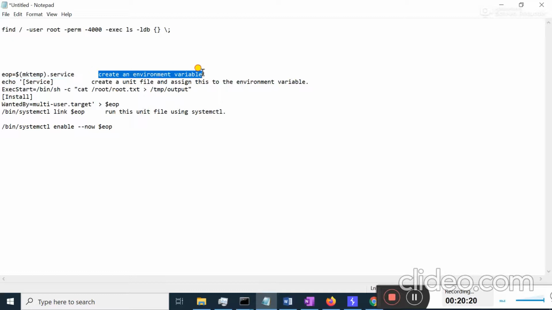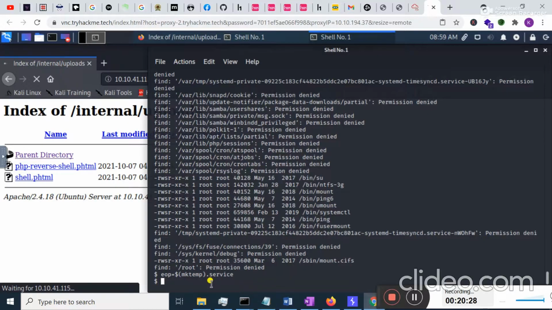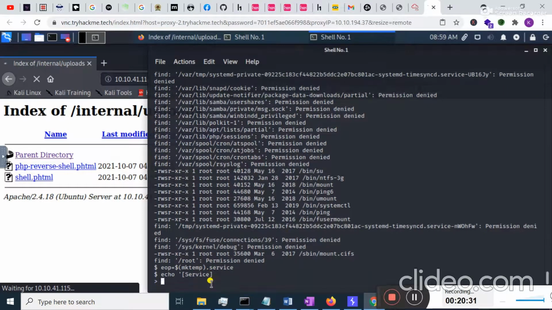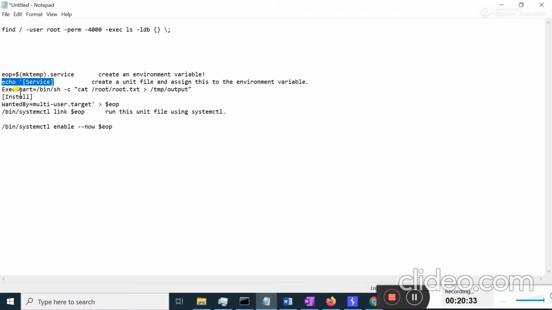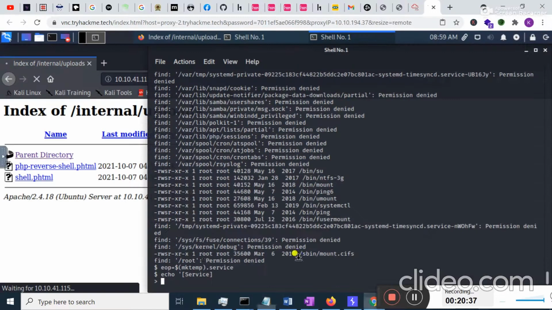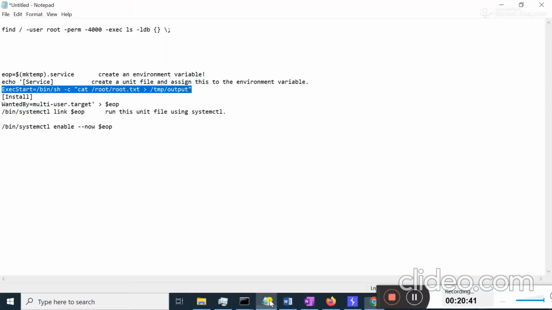Basically this command creates an environment variable. Now I'm going to copy this one. It will create a unit file and assign it to the environment variable, and hit enter. Let's move to the next step. I'm going to copy this from here, paste it and hit enter.